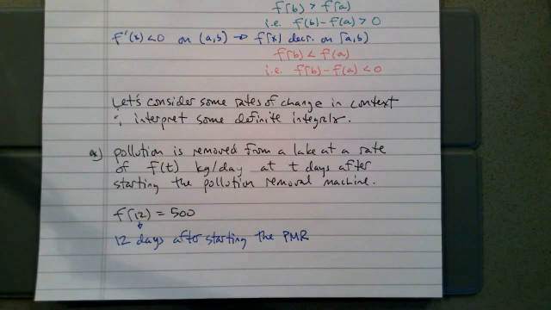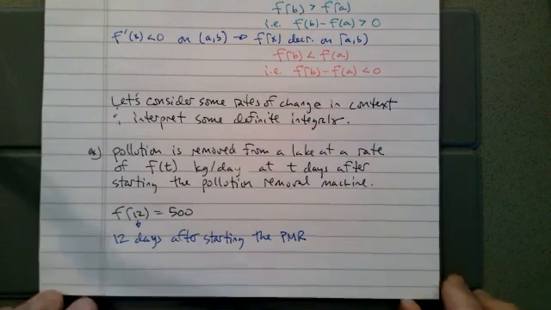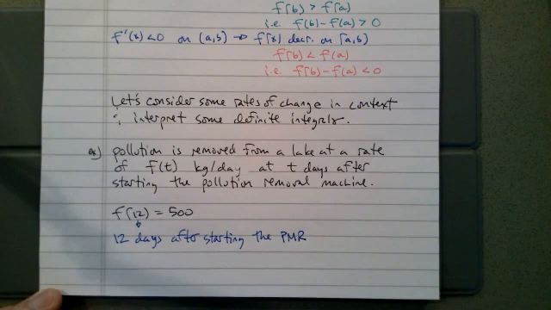That's what we were calling it, because we're cool and we have to abbreviate everything. 12 days after starting the pollution removal machine, pollution is being removed from a lake